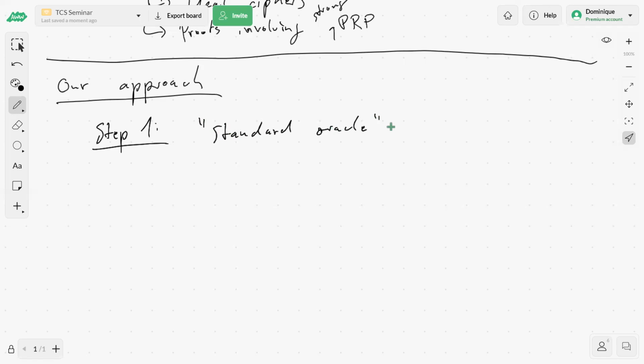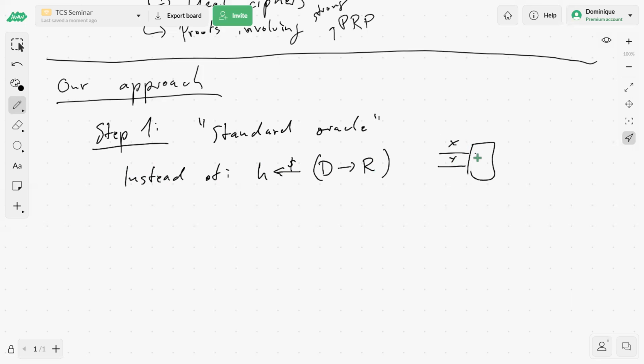And what we do in the standard oracle is to say, instead of picking the hash function h uniformly at random from the set of all functions from D to R, and then giving access to uQuery to the adversary, so the adversary can execute this gate where uQuery maps x, y to x, y XOR h of x. So this thing we replace by